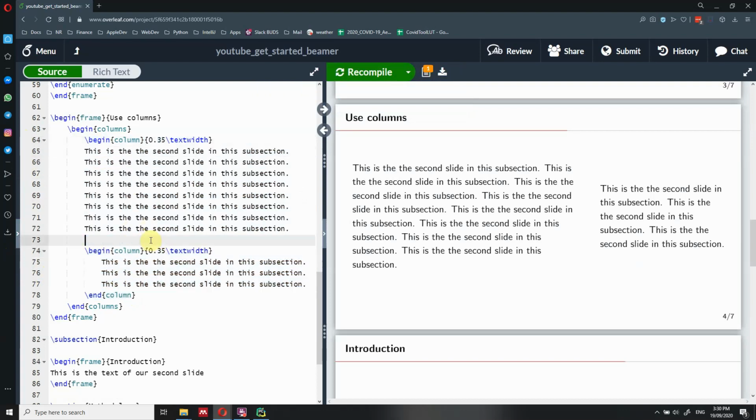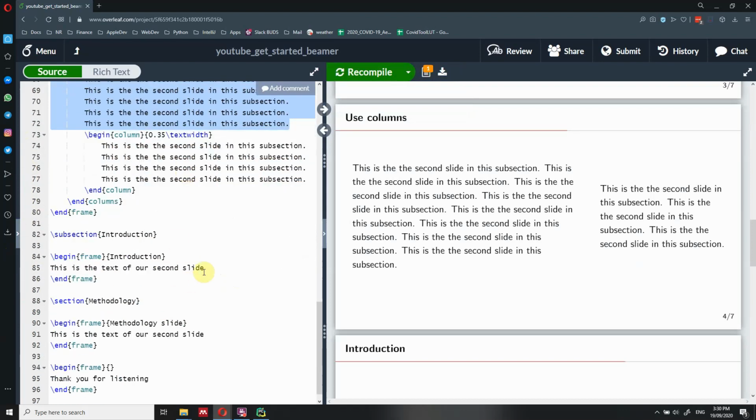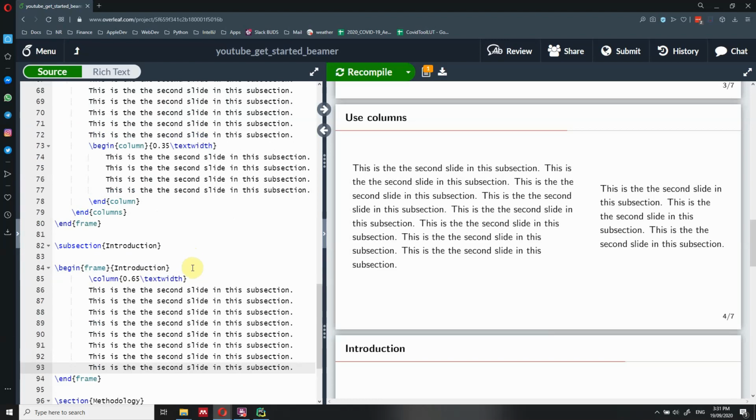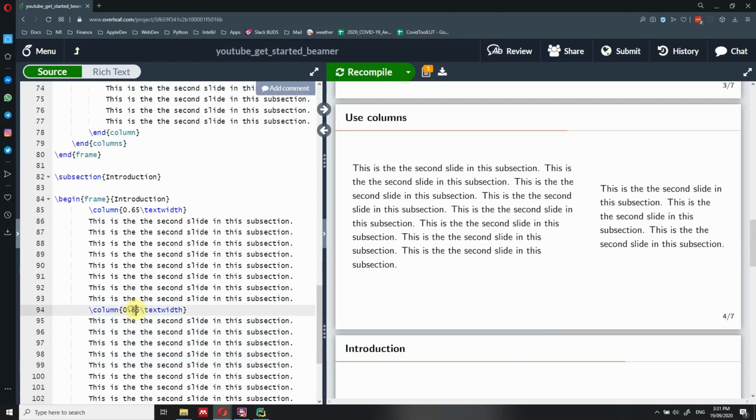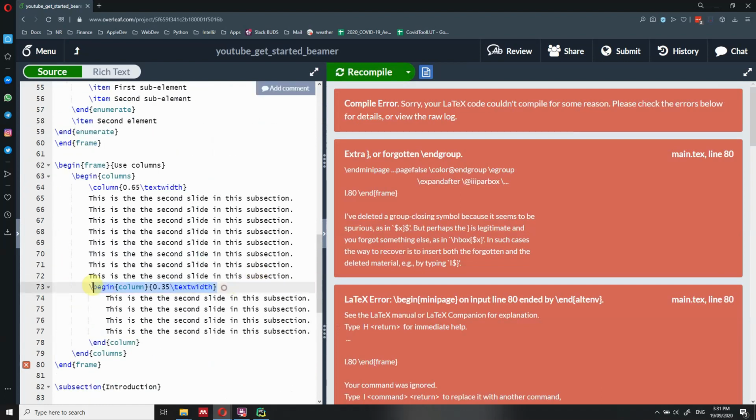So let me actually copy that text, because I will make it available on GitHub. I'm going to copy it in this slide, so you have it as a reference. So you have both ways, and you can choose whichever you prefer. If it's just text, it's not going to change anything. Maybe it could have some issues if you are using figures, and we are going to play with figures just in a second.